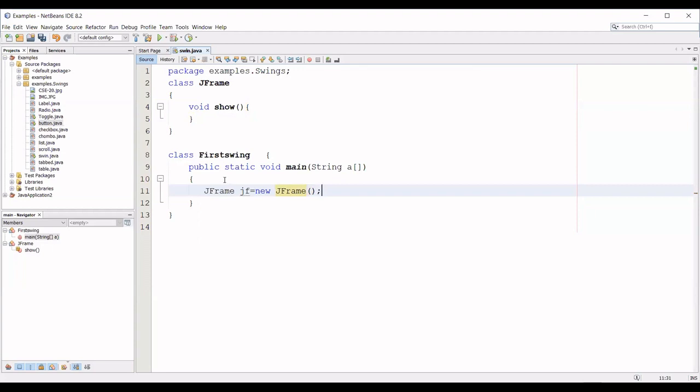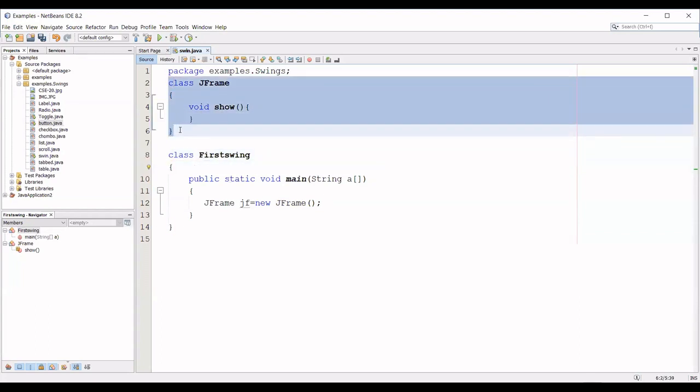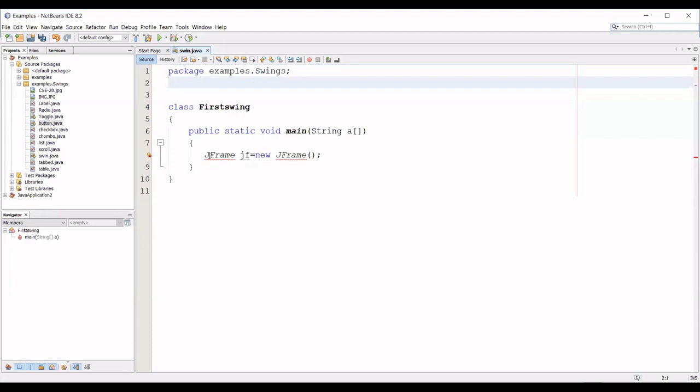So what is the other way? Nikita, any doubt? No, ma'am. Fine. So you can create the object like that. The other way is you can use inheritance concepts. You can extend this JFrame and directly call the methods and use the implementation of that class. So there are two ways you can use this class to access its methods. First we'll see one by one.